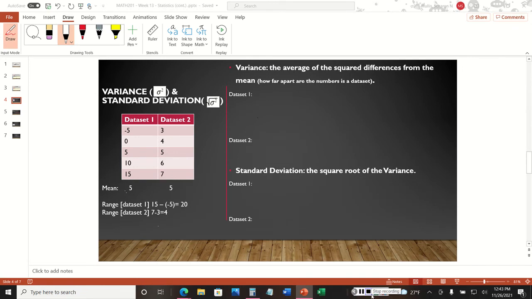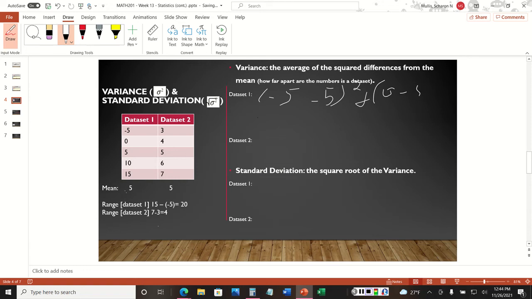Now, to get the variance for data set 1, what we need to do is take the data set number and subtract that from the mean. For data set 1, we're going to take the first number, which is -5, and subtract that from the mean, which is 5, and that has to be squared, plus the second number, which is 0,